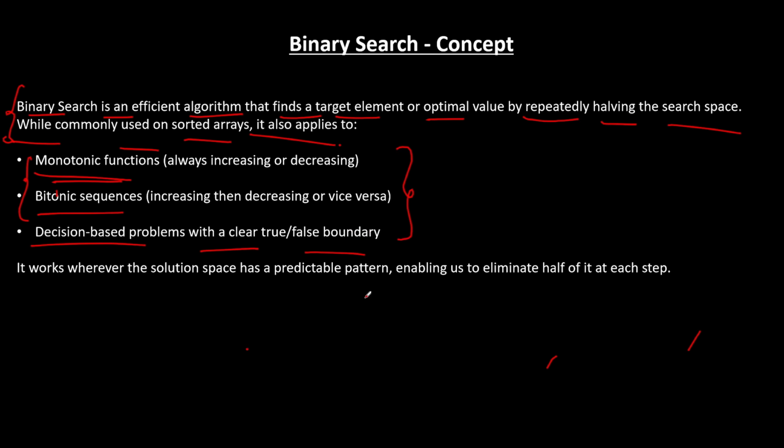Okay, so it works wherever the solution space has a predictable pattern, enabling us to eliminate half of it at each step. Okay, it has to be a predictable pattern, right? Since monotonic stack is a predictable pattern, bitonic is a predictable pattern, right? So that's the way it goes. Okay,